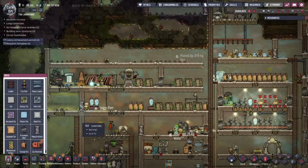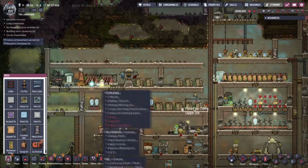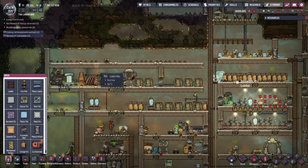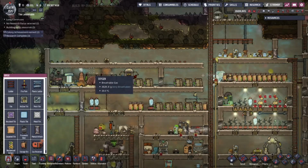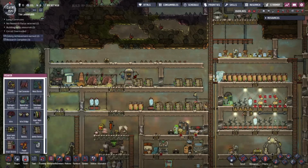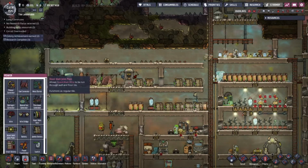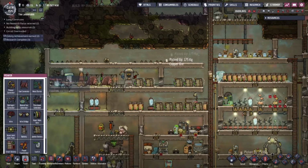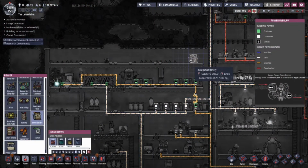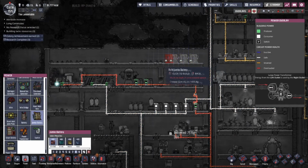Well, the heavy wire, though, to come out from these guys is going to have to go through the floor. So go back to your power. Do you see heavy watt joint plate? Okay. All right, well, let's see what we can do here. So we got... Well, you'll need to put a couple of...